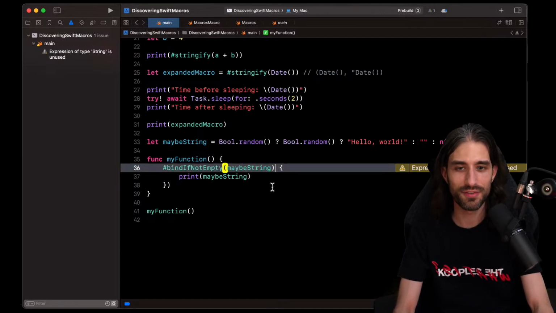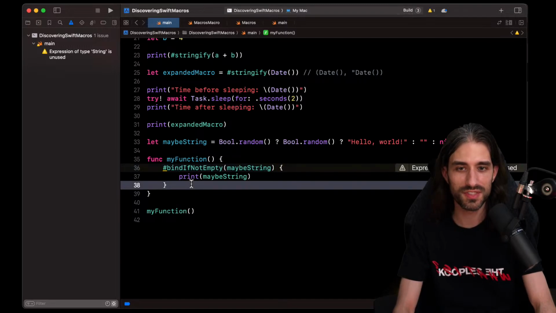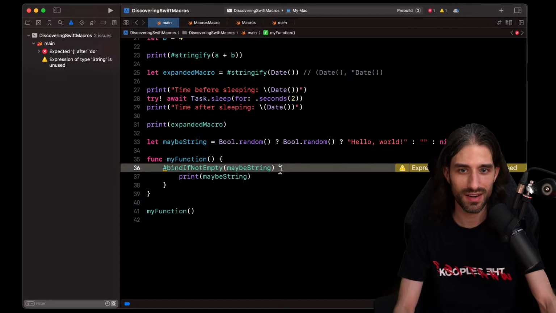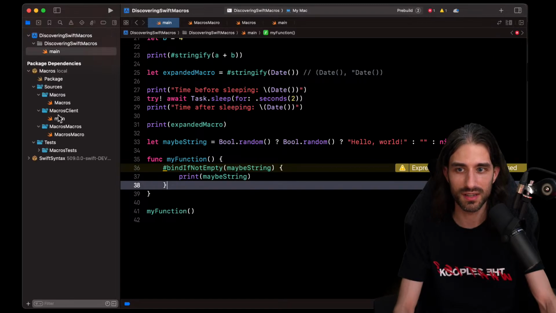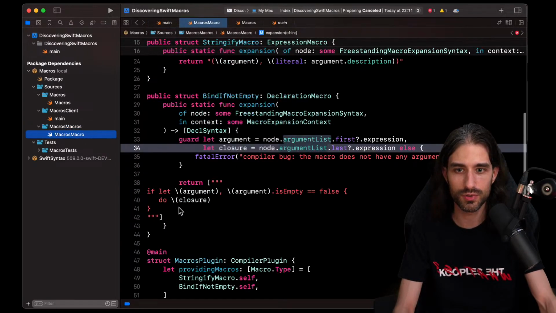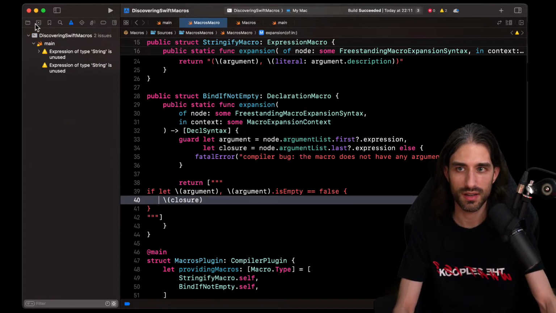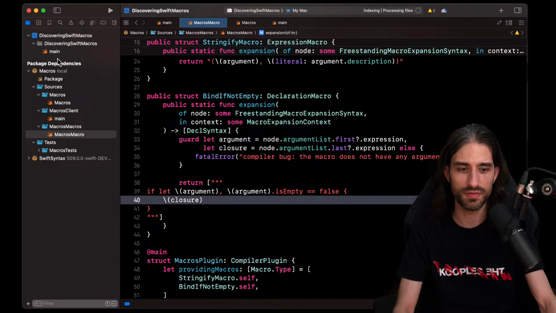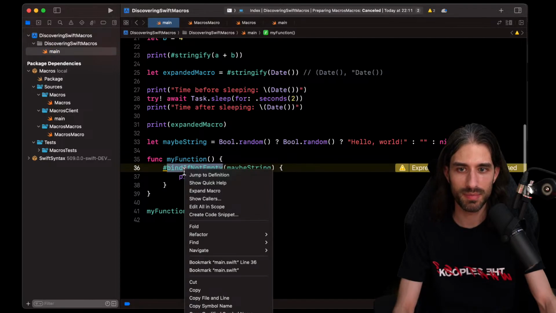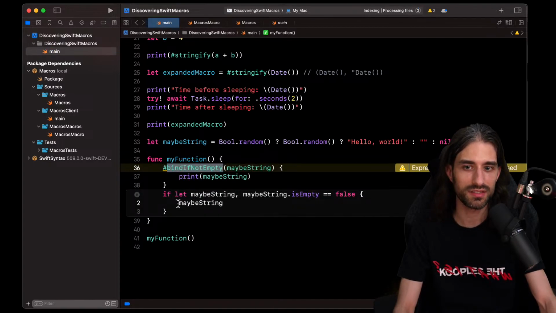It's kind of funny that when I didn't want a trailing closure syntax, it wouldn't get it. But now it won't get that this is a closure passed to this thing. And so let's see. If I remove the do, I don't think it's going to change anything, because the issue isn't as much that. I mean, it's going to do something, but not what I want. If I remove the do and I expand, you can see that it just uses the maybe string as an expression.